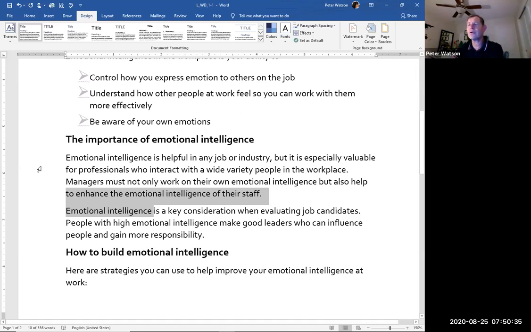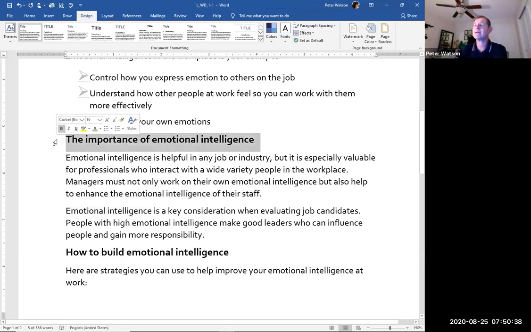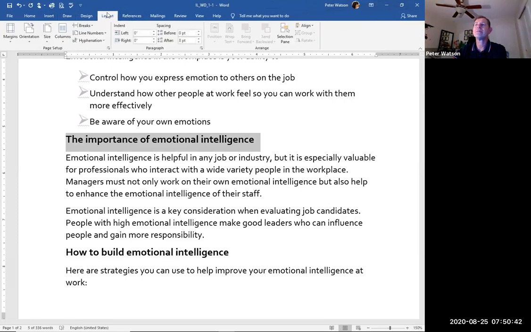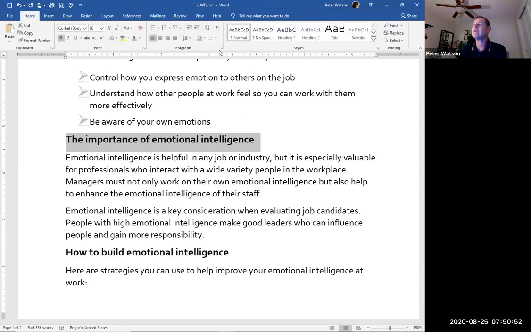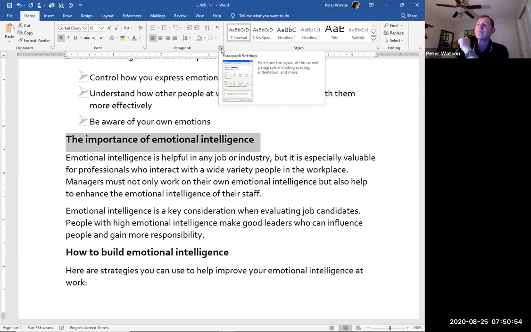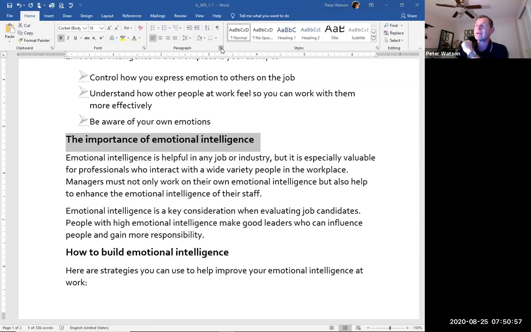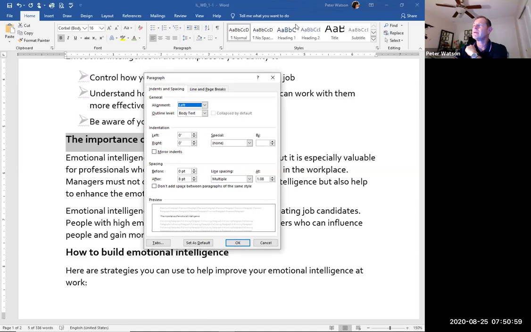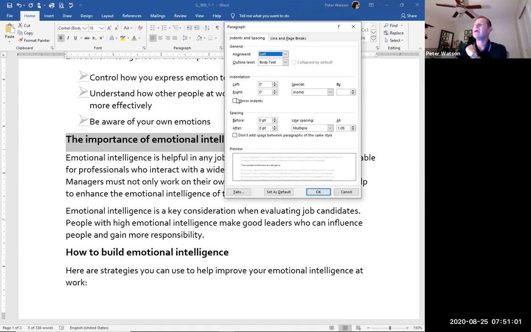And so there are 2 kinds of paragraph spacing. They are in layout. And by the way, you don't have to go to layout. Oh, they're not in layout. Where are they? Oh, here they are, before and after. But on the home ribbon, if you go to the paragraph group, in the bottom right-hand corner, there's a little button, and that brings me to the paragraph dialog, and you can see the spacing before and after a paragraph. So here it's set to 8 points, and if I set it to 0,